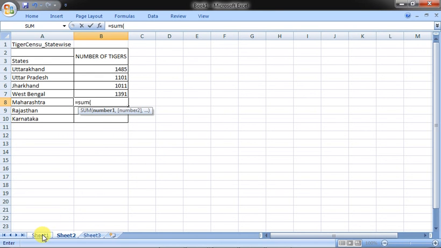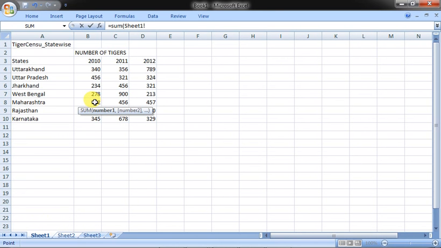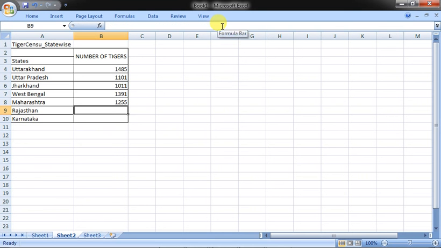Then you go to Sheet 1, then you select the particular cell or the cell range, like this as I am doing, and then close it by using the parenthesis. So this particular cell range, these cell references will be enclosed in parentheses. These are the parameters of the formula concerned, SUM. Press enter. So you will get the result in another sheet by pressing the enter key. You can drag the formula down through the rest of the sheet, and it will be copied down in this way. So that's all the things.